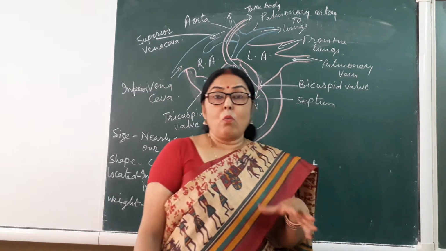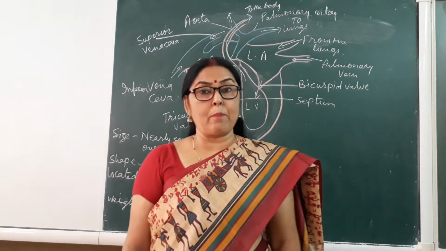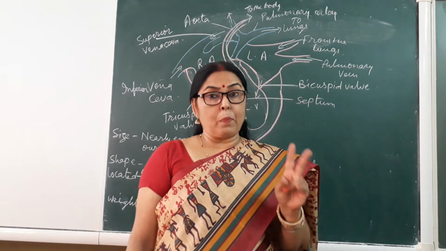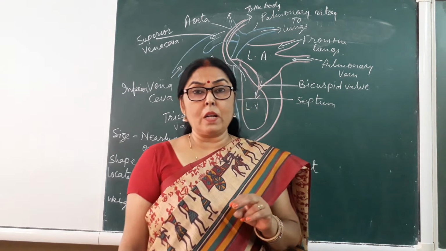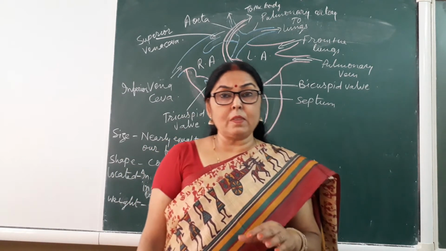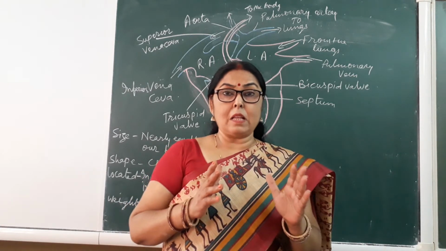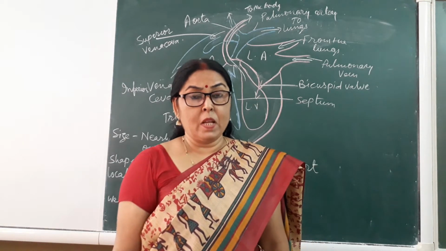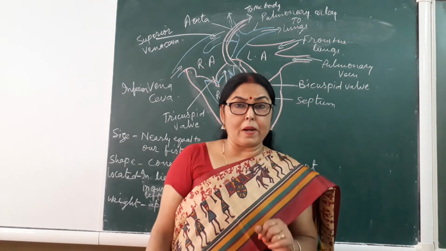So, what are the parts of the human heart? The human heart is four chambered. It means it has four chambers, two upper chambers and two lower chambers. Upper chambers are called atria or auricles, and lower chambers are known as ventricles. Left and right parts are divided by a wall known as the septum. The septum is a muscular wall which divides the heart longitudinally into two parts.